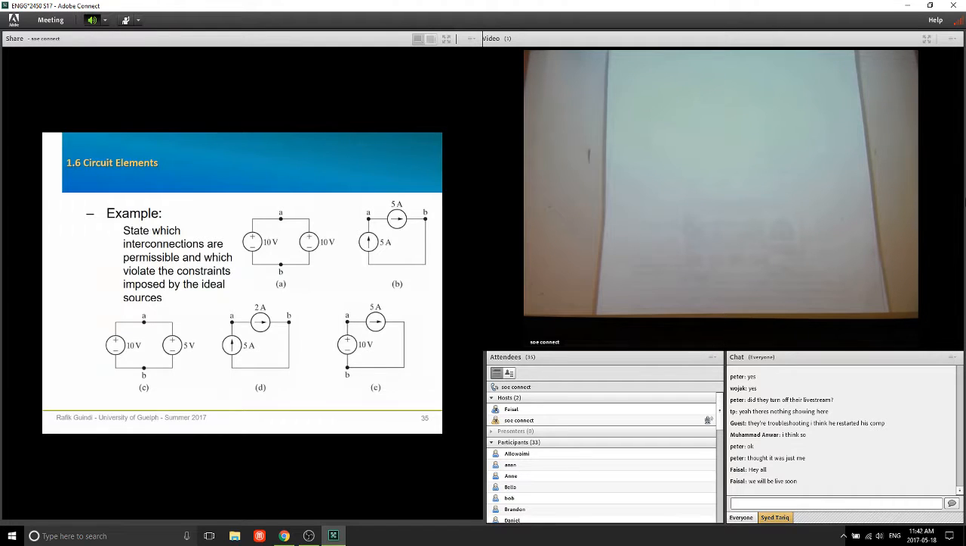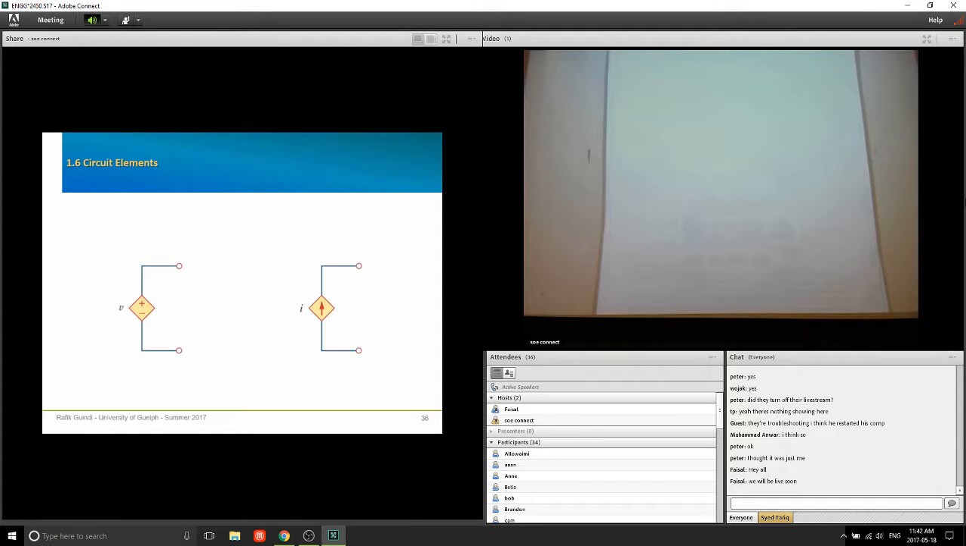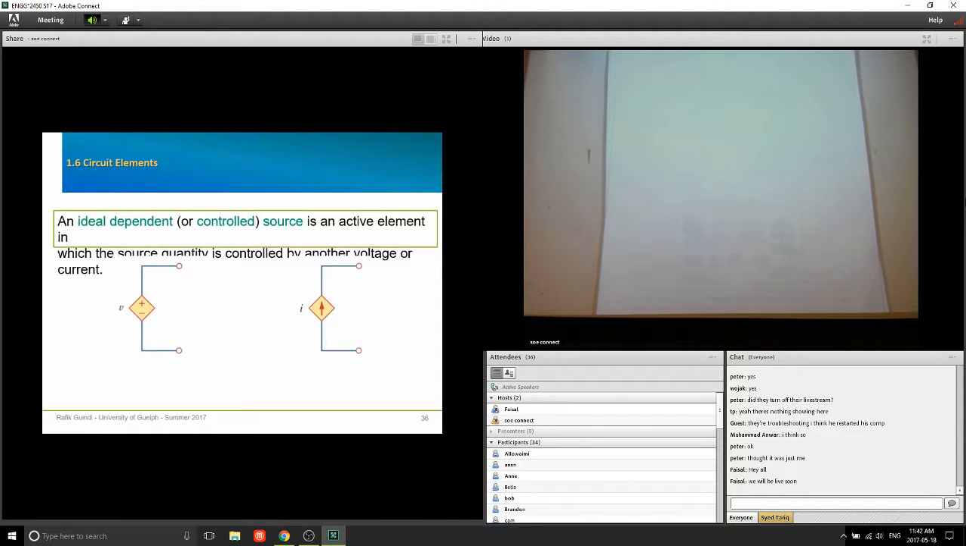Sources kind of define, if it's a voltage source, it would define the voltage across it regardless of the amount of current flowing through it, and a current source would have a specific current flowing through it regardless of the voltage. Another definition here,